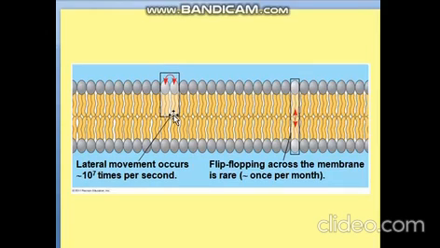This movement gives the cell its fluidity, right? Fluidity, where they keep moving and keep moving, and that movement helps in the transport of stuff in and out of the cell membrane. Okay,